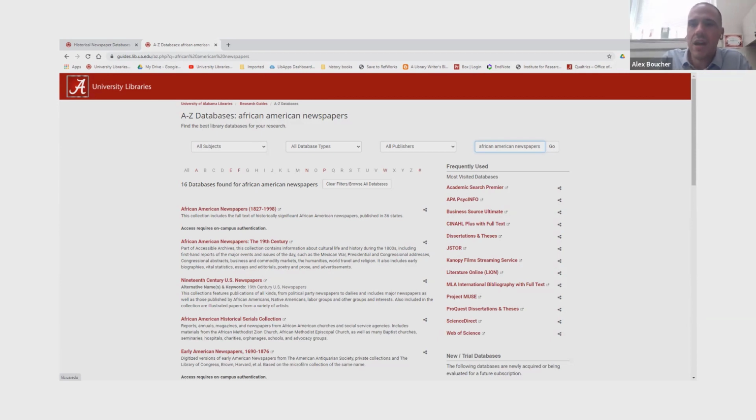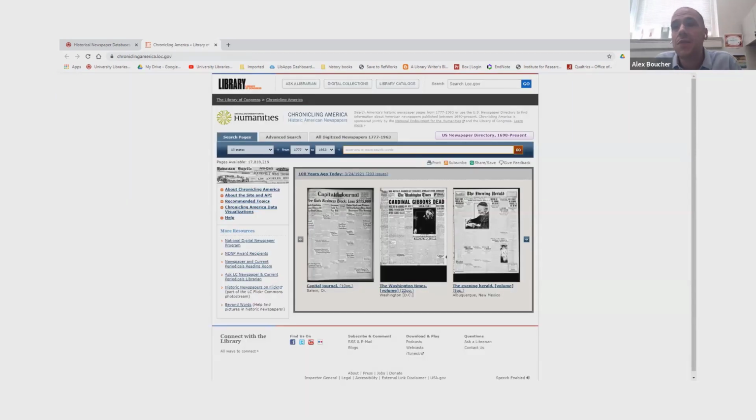and then newspapers.com. As far as we mentioned earlier, freely available databases, like I mentioned, the biggest one is Chronicling America. This is a shot of it. You can just get on Google. Anyone can access this. This is not a library database. It's from the Library of Congress, and it is very good.